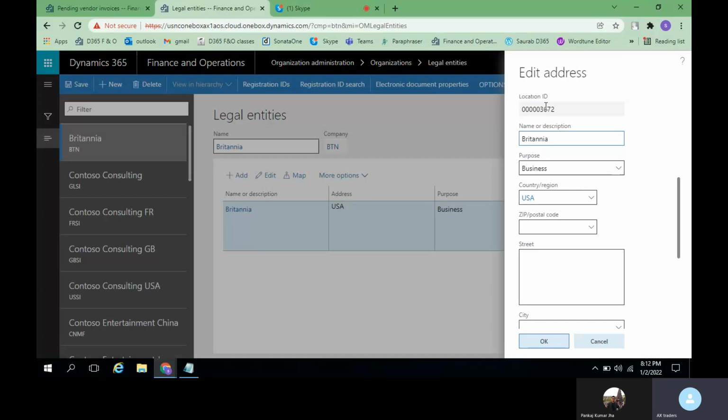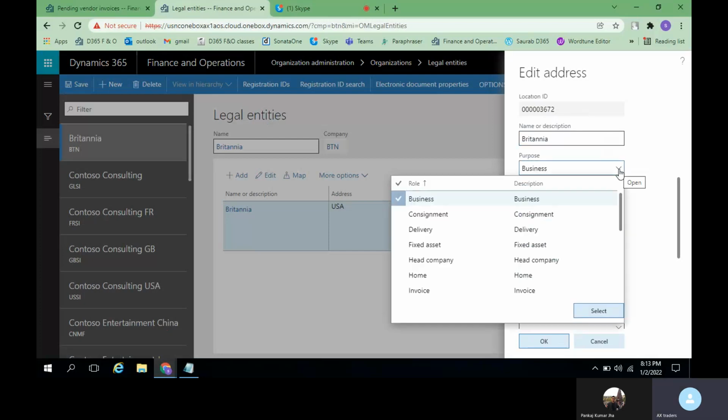See, this location ID by default it has created, so you need not do anything about that. And the name or description, we have selected it as Britannia, and the purpose. If you click on the drop down, you can see there are multiple purposes like business, consignment, delivery, fixed assets, home, invoice.